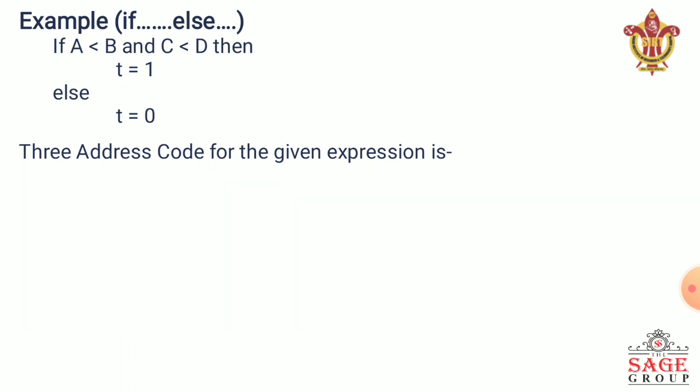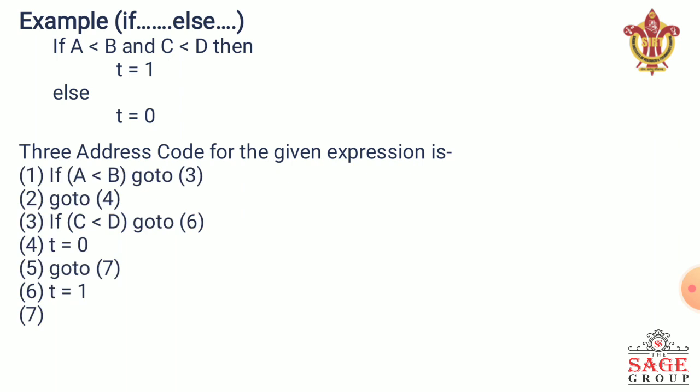And if this condition is false, then we execute our else part, which is t equal to 0. So statement number 4 and statement number 2 both represent the same value. So we can write, with the help of a conditional jump, go to 4, previously or at this location. After that we work on if else, meaning either the if or the else works, and we connect with the remaining portion of the program, which can be connected with the help of go to next or go to 7 statement.